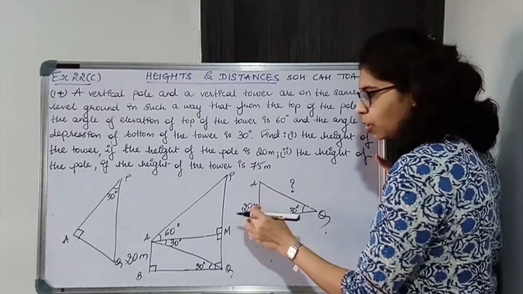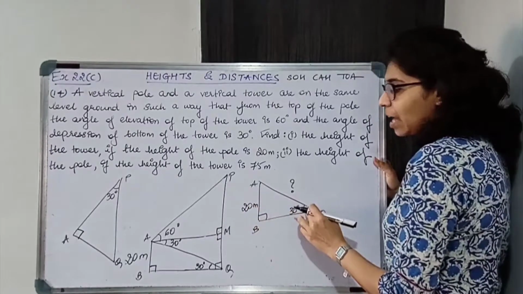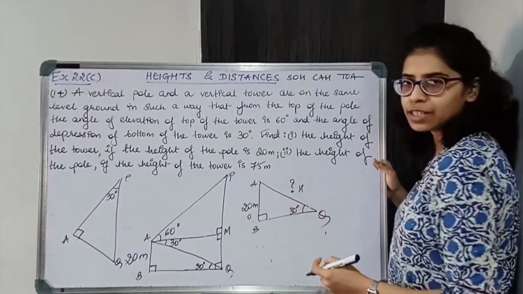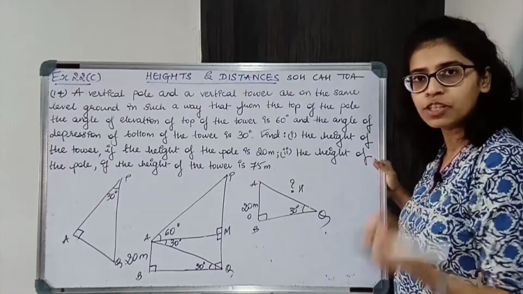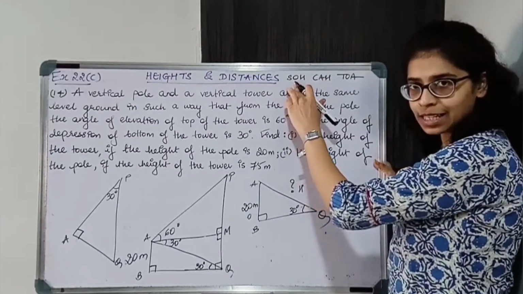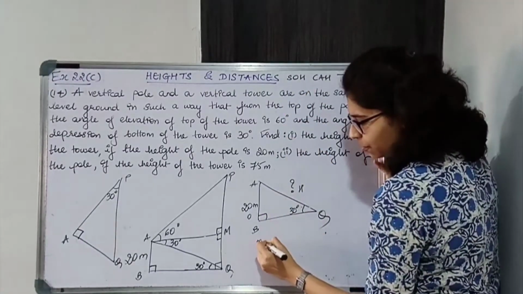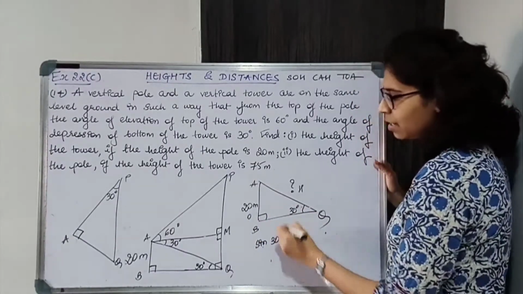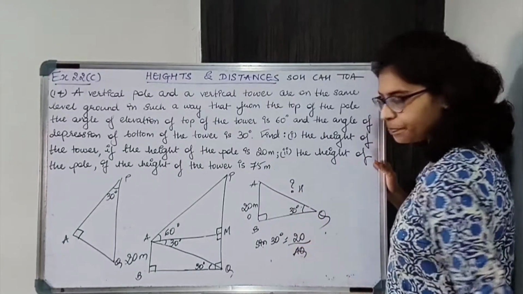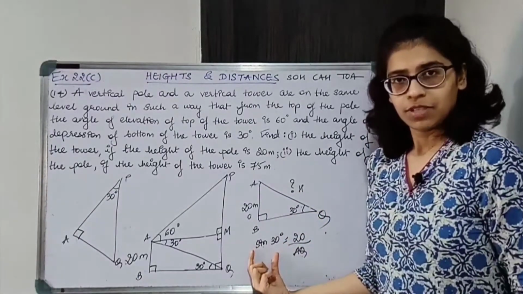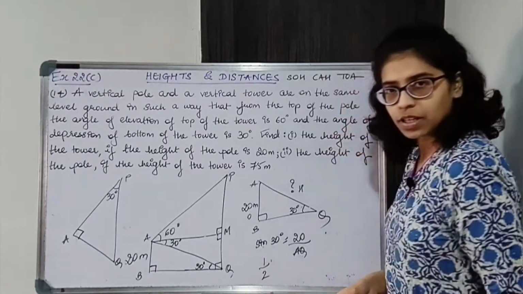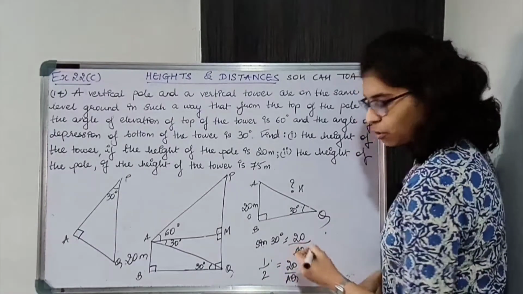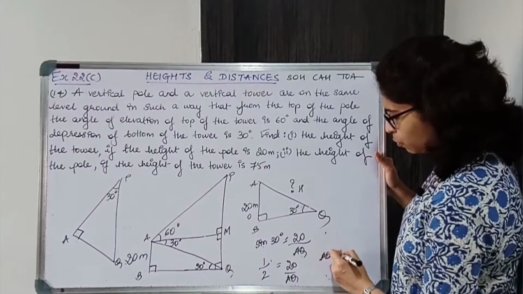So angle का opposite I know. Now this is not adjacent, this is hypotenuse. So opposite and hypotenuse का relation you get from which trigonometric ratio? From SO, that is sine. Okay, so sine of the angle is equal to opposite side, which is 20, upon hypotenuse, which is AQ. Okay, sine 30 is nothing but half, is equal to 20 upon AQ. So just cross multiply, so you will get AQ is equal to 40.